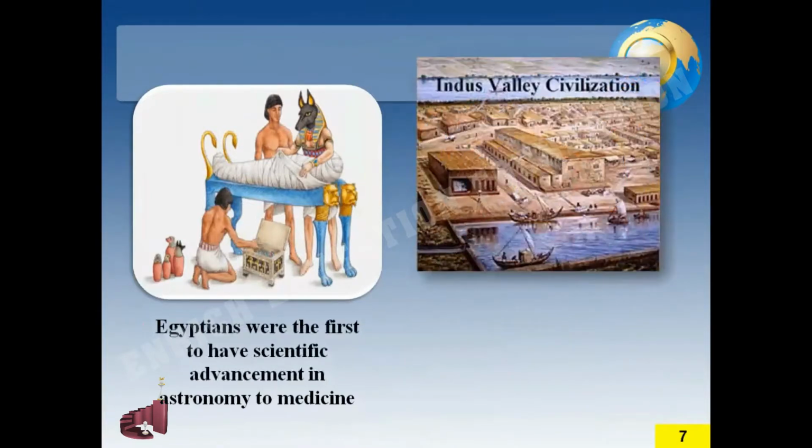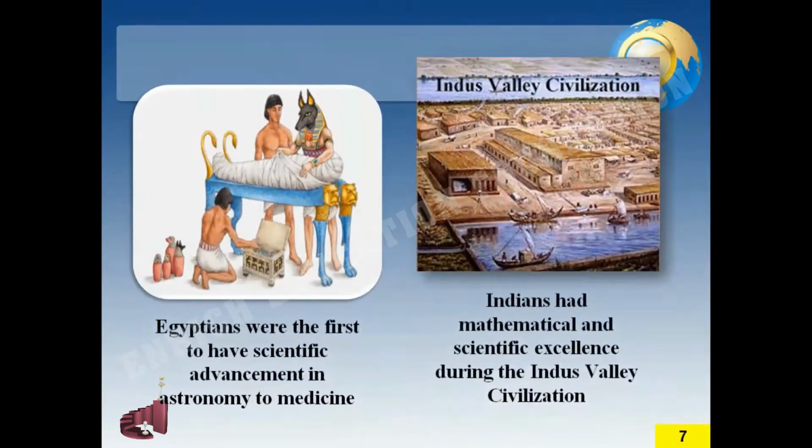Back in our own country, during the Indus Valley civilization, man was found to excel in the field of science and mathematics. This is evident from the picture that we have here, which shows that he had learned to commute through the water bodies with the help of wooden boats, which shows that he is aware of the fact that wood floats on water. And the well-structured buildings which we see here show that he must have had knowledge of dimensions and mathematics.